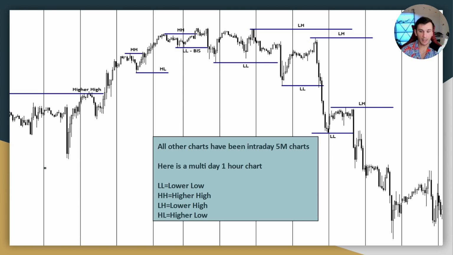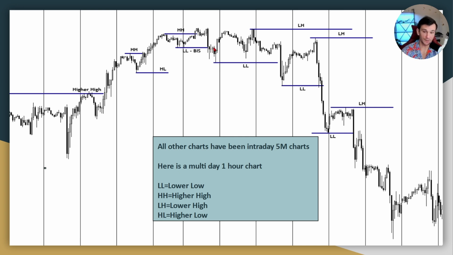But here's a 1 hour chart, and each one of these lines represents a new day starting. So these are over the course of multiple days and even multiple weeks of market structure. Using those exact same rules that we just applied to a 5-minute chart, we can now look at how the market has been moving over time, making higher highs and higher lows, higher highs, making a lower low, indicating to us that the market might be going into an extended period of consolidation, or that the market might even be